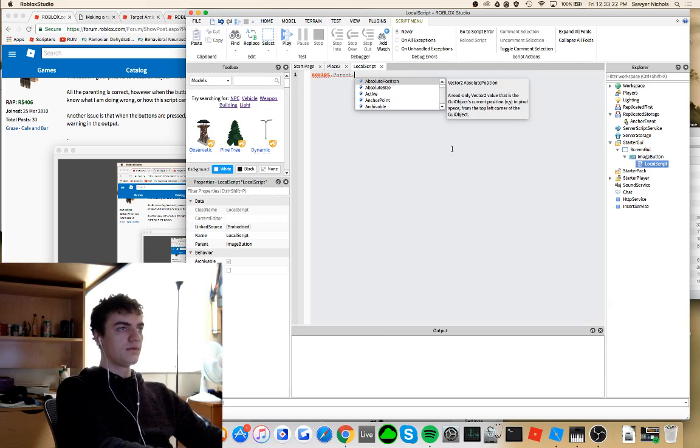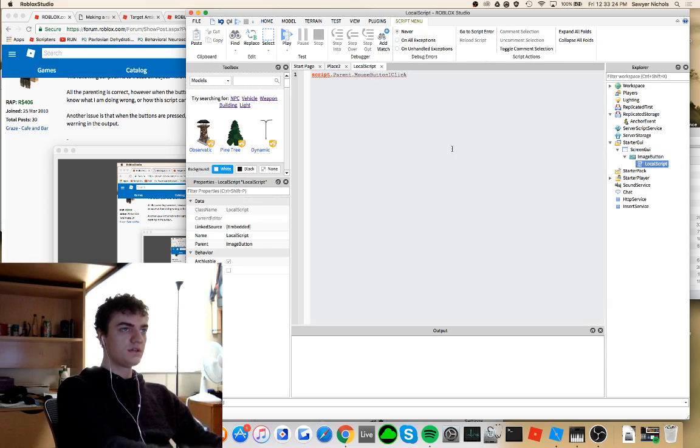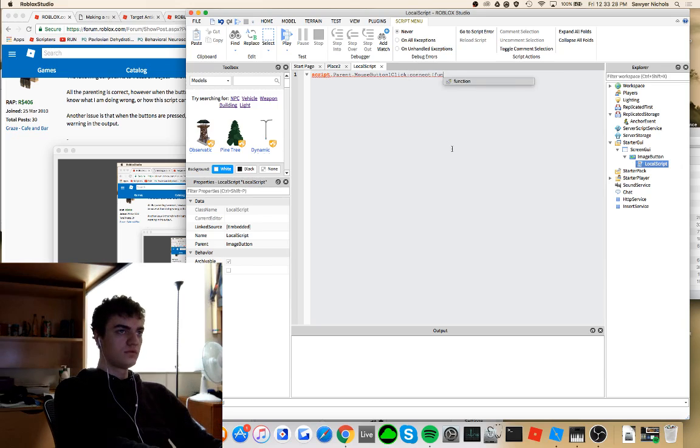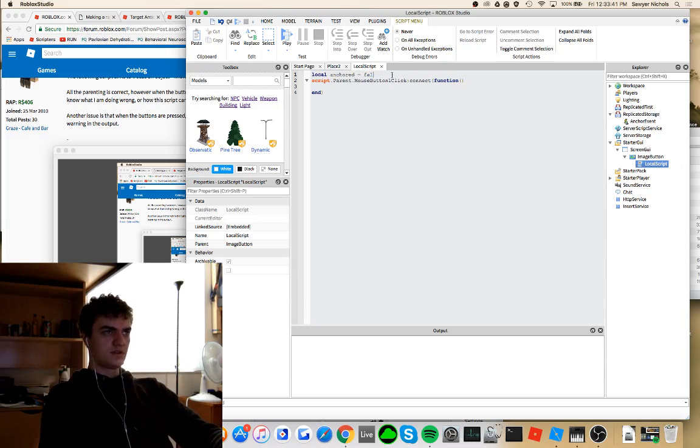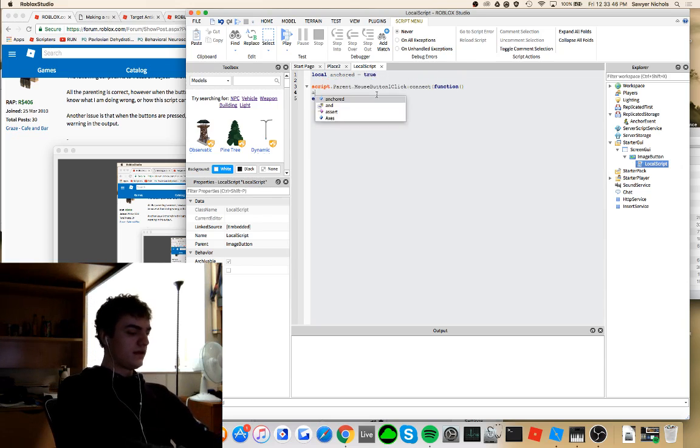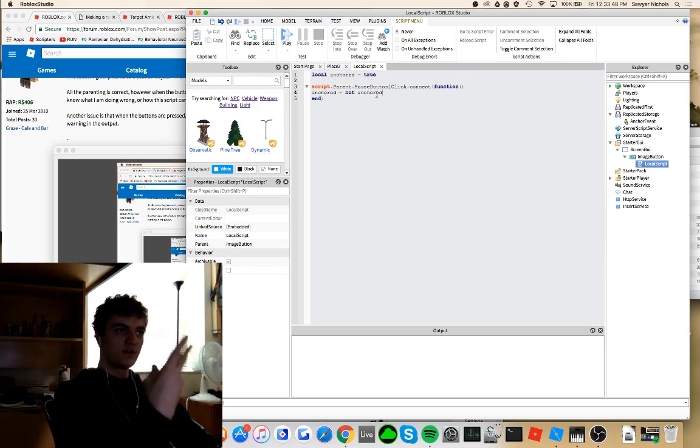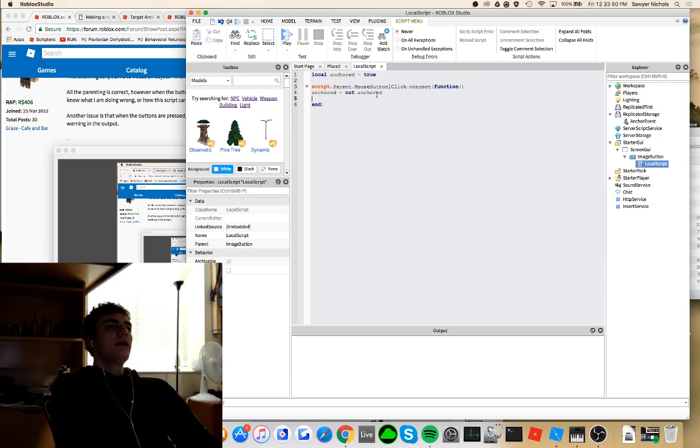script.Parent.MouseButton1Click, it's going to pass to the anchor event. First we're going to say anchored equals false. Excuse me, that's going to start off anchored equals true. Anchored equals not anchored. We just want to flip that value, so if it's true it's false, if it's false it's true. And then we're going to send that to the remote event, so